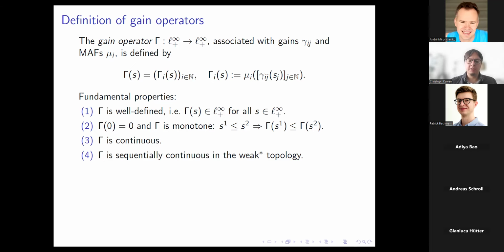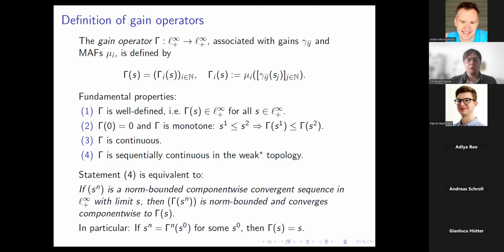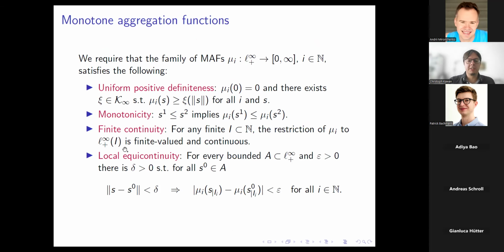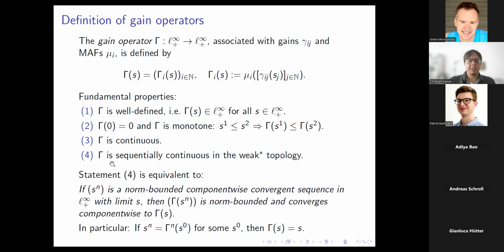Just to remind you, L infinity is the dual space of L1, and in every dual space we have a weak star topology, and we can talk about continuity in this topology. This property of sequential continuity in the weak star topology is a direct consequence of the finite continuity here. So this is the reason why I need the finite continuity. One of the reasons. So what does it actually mean? Sequentially continuous in the weak star topology. We can put this in a way which is better understandable. So we know what it actually means.